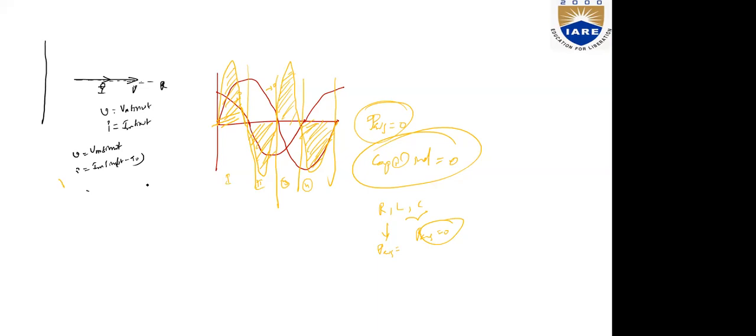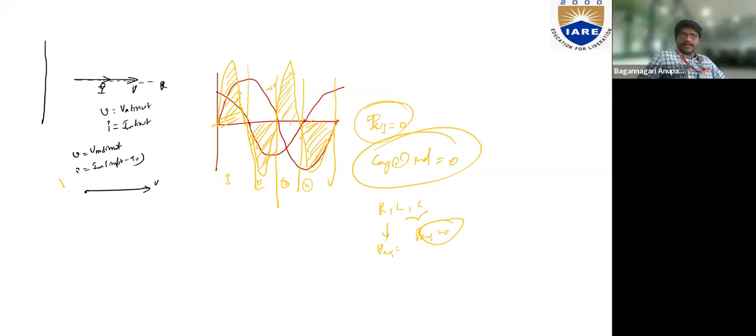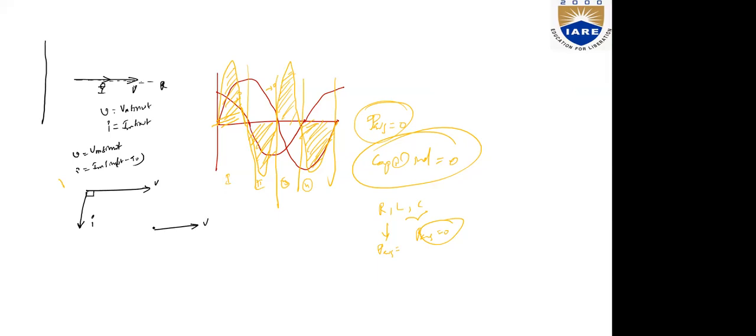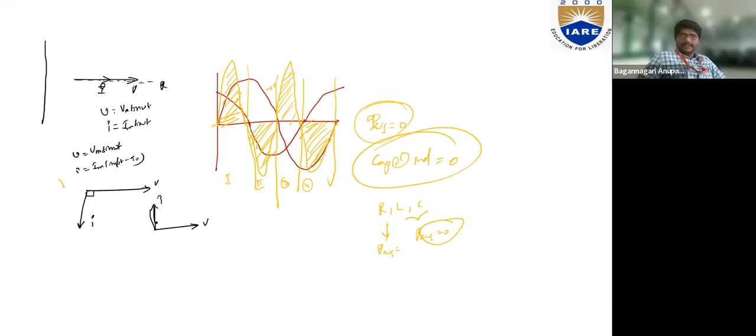I will be downward, sir. Yes, this is V and exactly 90 degrees, assume that this is 90. And this is I. Similarly, what happens to the capacitor? This is V. Where is I? Upward, upward 90 degrees. This is I, exactly 90 degrees. I write this as IC, this as IL. So on a common reference, if I take this as V, I can draw IR, and I can write this as IC and this as IL. Is that fine?